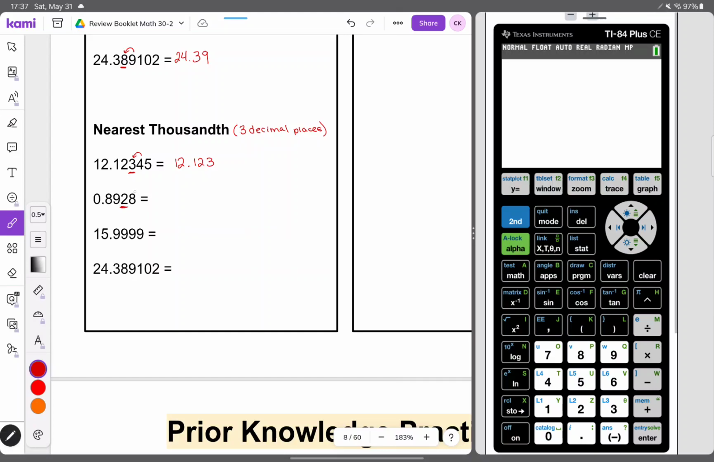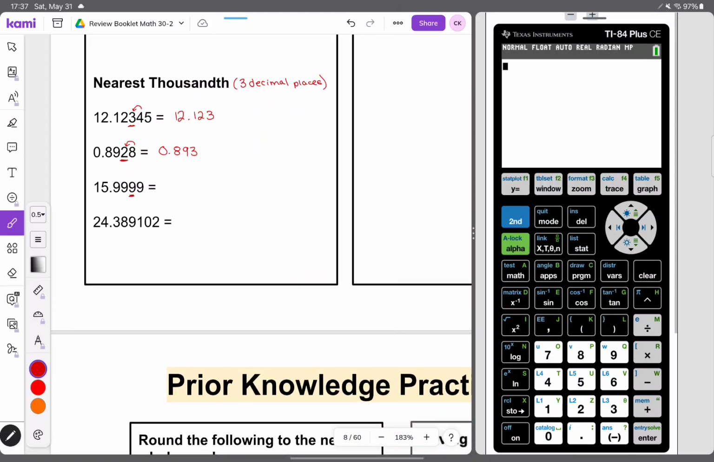Look in here. Yep, 8 is enough to bump us up, so 893. Looking here, 9 is enough to bump us up, but it's going to bump us to 10, to 10, to 10, so that means that's going to become a 6. So 16.123, because remember we need 3 decimal places. Okay, looking at the 9, 1 is not enough to bump us up, so